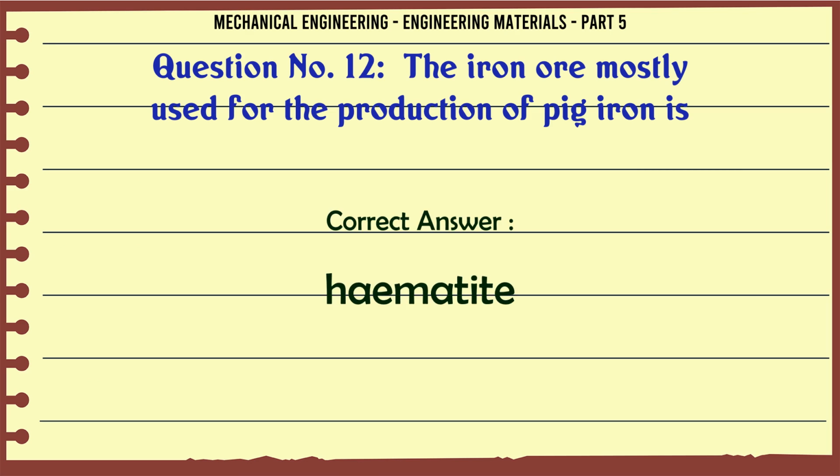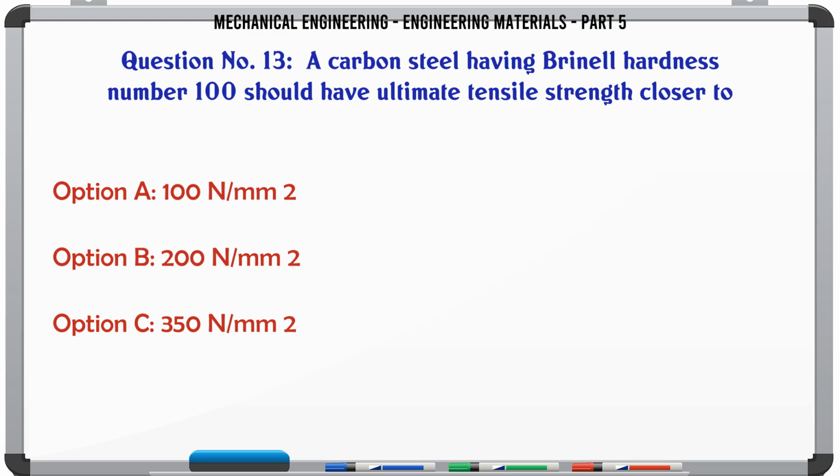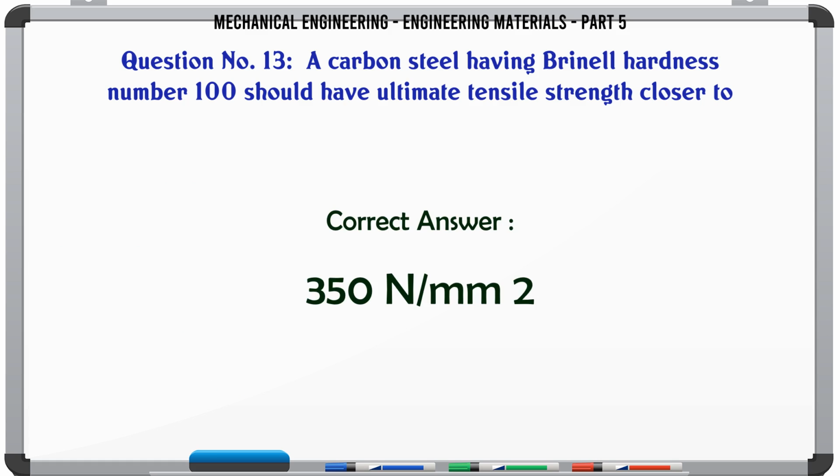The correct answer is hematite. A carbon steel having Brinell hardness number 100 should have ultimate tensile strength closer to A. 100 N/mm². B. 200 N/mm². C. 350 N/mm². D. 1000 N/mm². The correct answer is